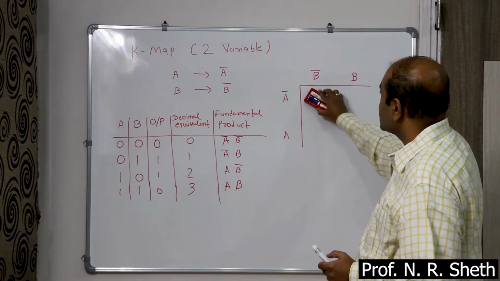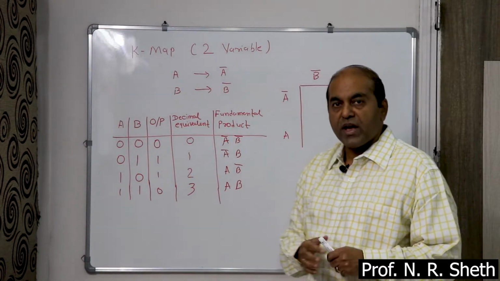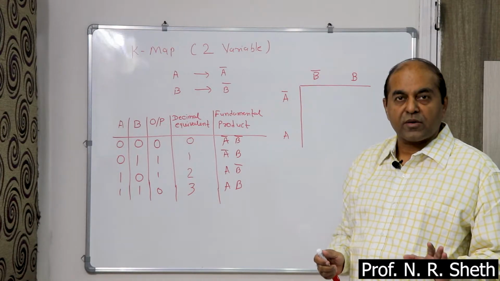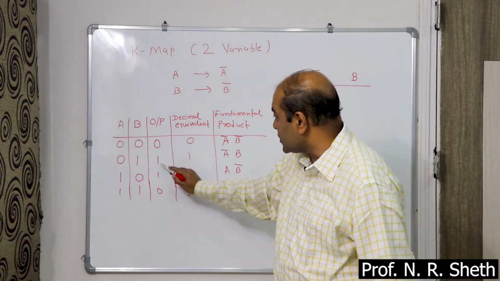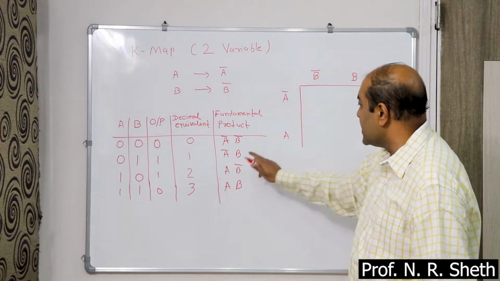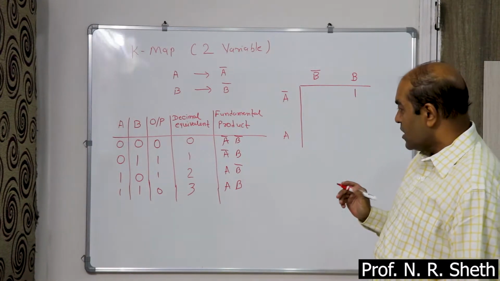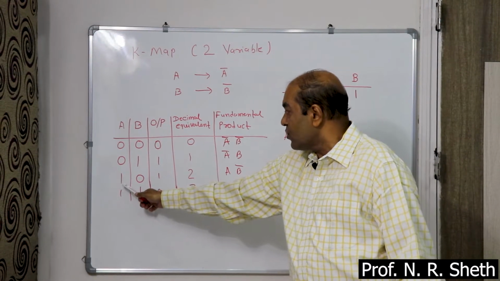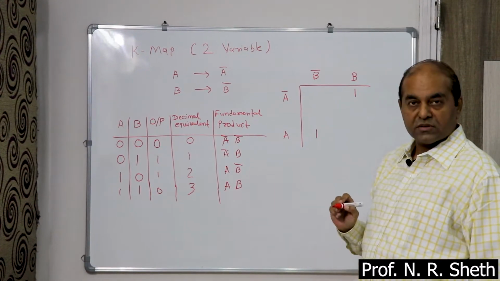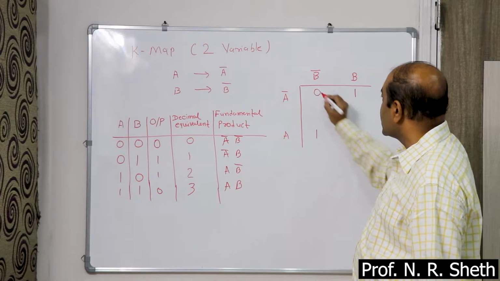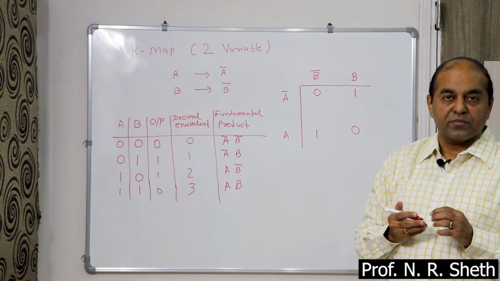This diagram is known as your K-map, Carnot map. Now again the rule is the same. We have to focus only on those fundamental products whose outputs are high. Output is high for these two cases. That means A bar B. Where is A bar B? A bar B is here, so just write down 1. Next, output is high for A B bar. Where is A B bar? It is here. So just write down 1. And then for the remaining places it is 0. This is the 2 variable K-map.